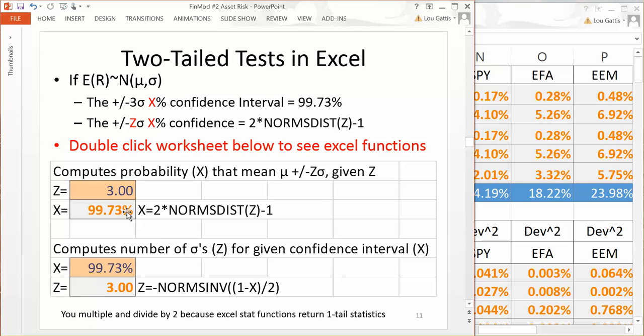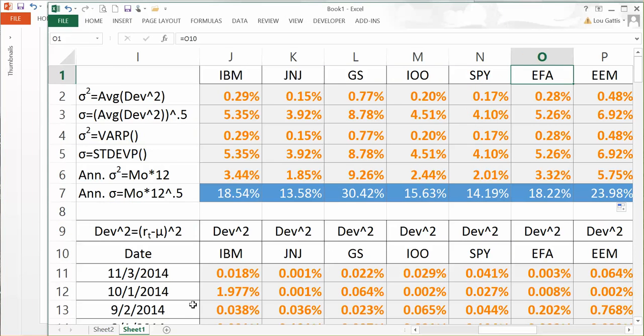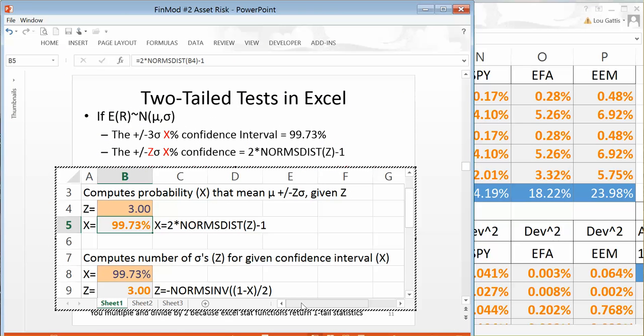Just a little side note here. In Excel, if you want to calculate either the number of standard deviations given a confidence interval, or a confidence interval given standard deviations, you can use 2 Excel functions. So in other words, if you want to know how many standard deviations are in the 68% confidence interval, or what the confidence interval is for 2 standard deviations or 2.5 standard deviations. In Excel, I'll just click on the cell here. If I'm given the number of standard deviations, we call that variable Z,